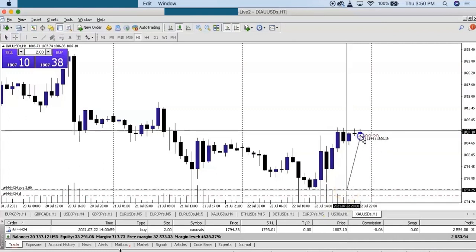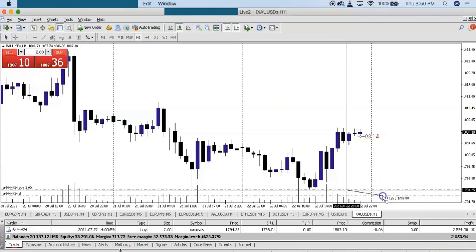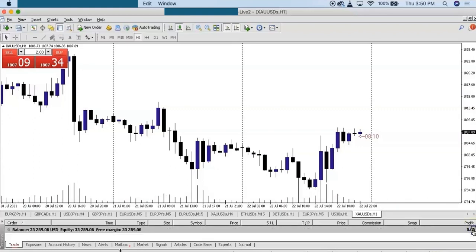And today I'm going to be showing you guys myself leaving the market with profits on gold. I think we're over 130 pips in profits, and that was a 13 pips stop loss. So I'm going to go ahead and close the trade right now. Boom. There we go, guys. Left the market with